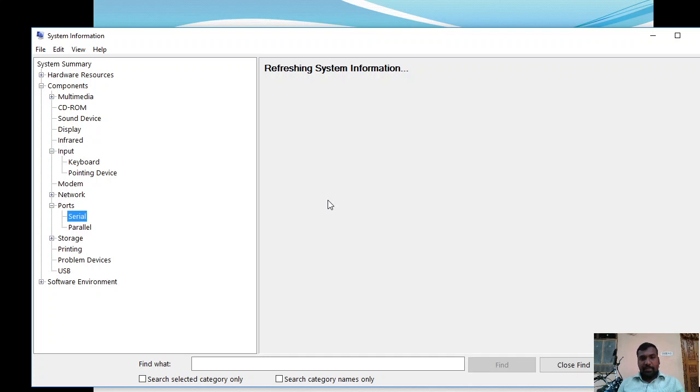In the right side panel, it is going to display the serial ports that are available with the system. So it is collecting the information. Right, so it is taking a long time, so you can practice it.